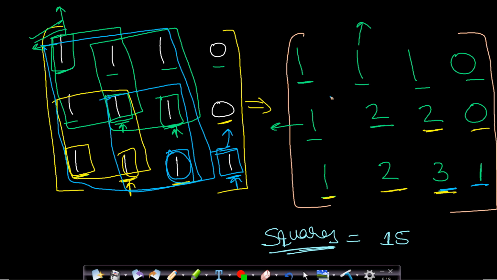So I hope you were able to understand how did we calculate this. So the number of squares will be equal to 15. Now the next question which should come to your mind is, if we are at a given position, let us say this one, how do we determine how many square submatrices will be having this particular element as the bottom right corner? Do we need to traverse from the very beginning to this element, or is there some other process? Is there any optimized process for finding this?